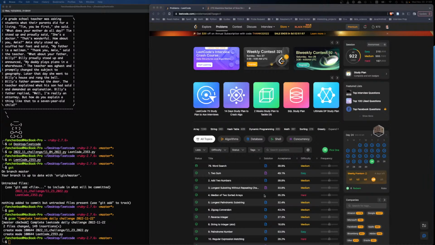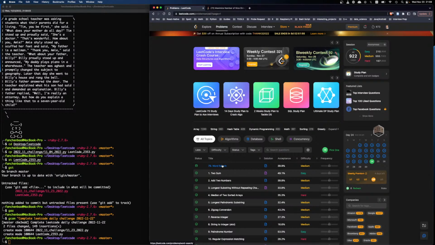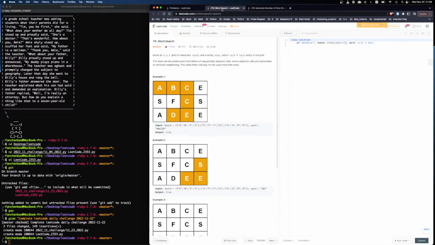Anyway, I have to do Word Search. What's that? An m by n grid and a string word. Return true if word exists in the grid. The word can be constructed from letters of sequentially adjacent cells, where adjacent cells are horizontally or vertically neighboring. The same letter may not be used more than once. Okay, so